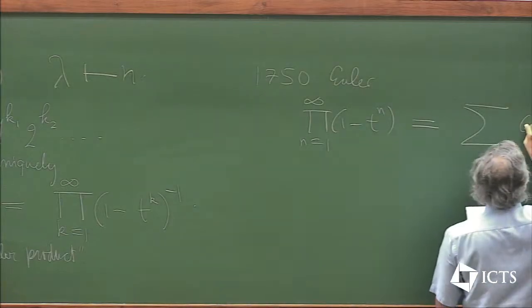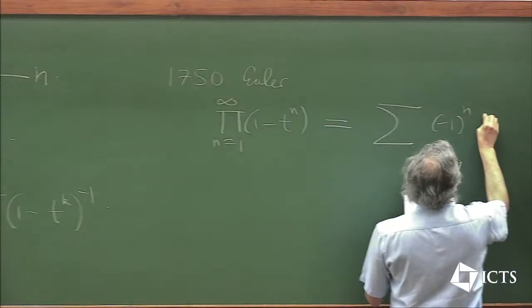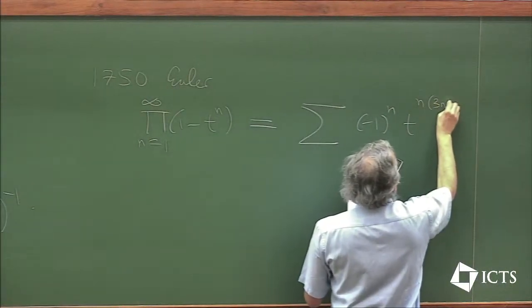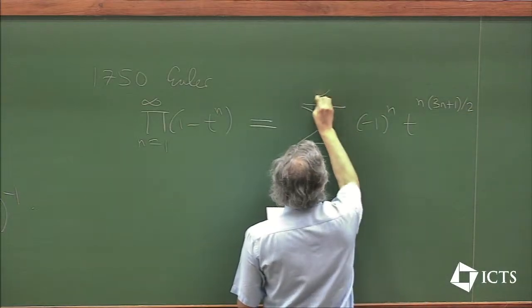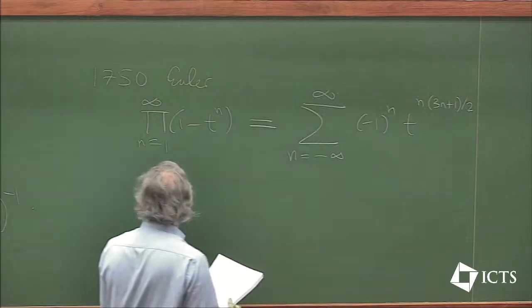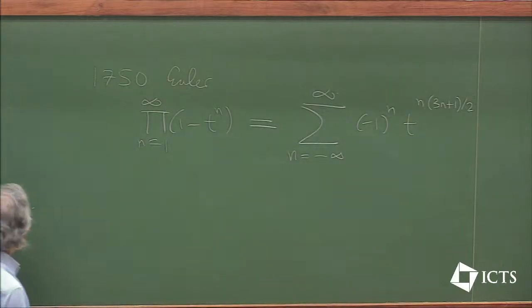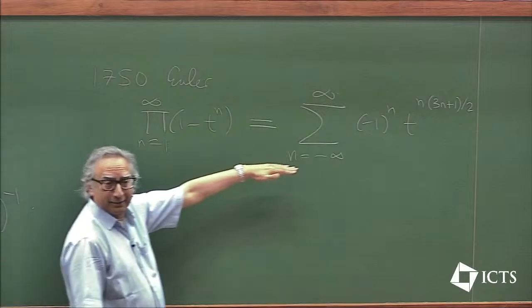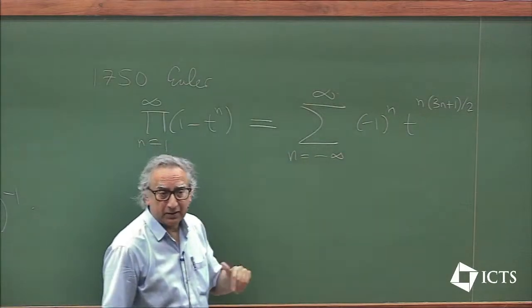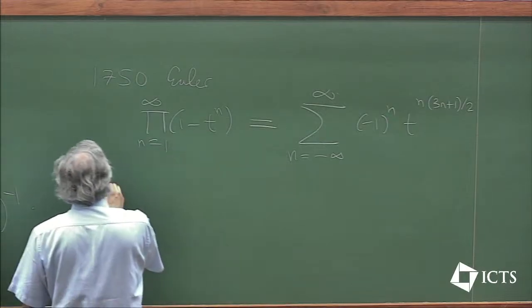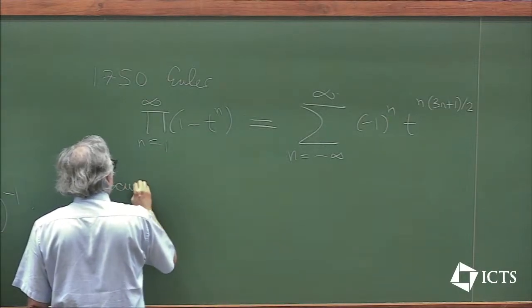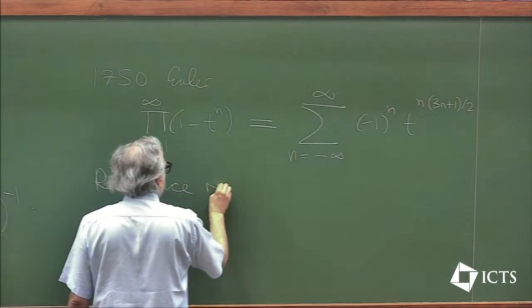This turns out to be the sum over n from minus infinity to infinity of (-1)^n t^(n(3n+1)/2). So the inverse of this particular series is actually this series. If you multiply the two together, you get 1. And therefore, this gives a nice recurrence relation